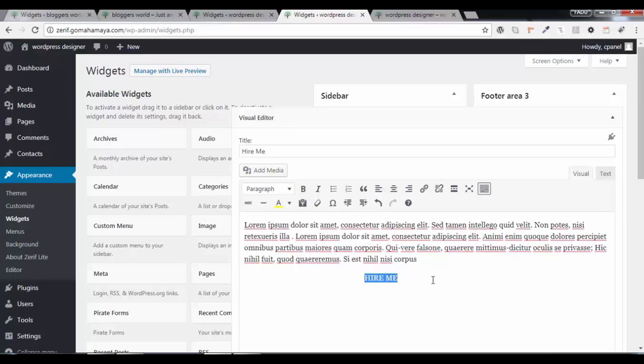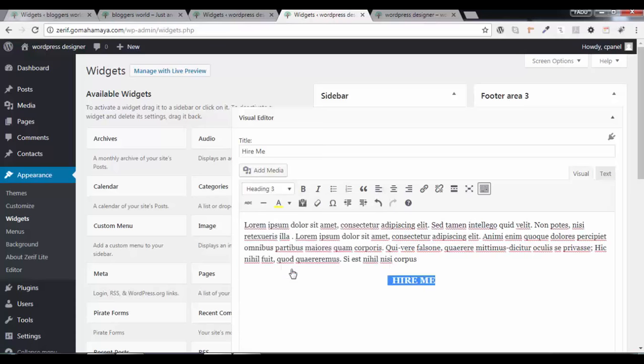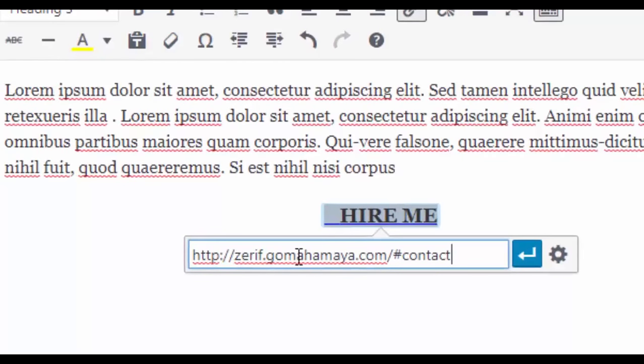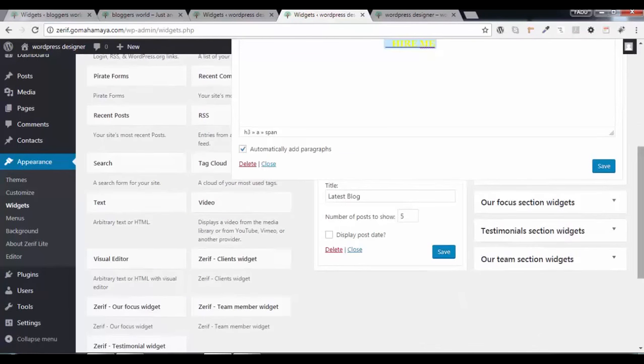It will come in a yellow color, and let's select this and say I want it to be heading 5, or you can go for heading 3. And one more, say insert link, and type there your contact address, like it will be redirecting to the contact page, your website name .com/contact, and make sure you write this in a proper way, or else it will give you an error. #contact me, and say enter and say save